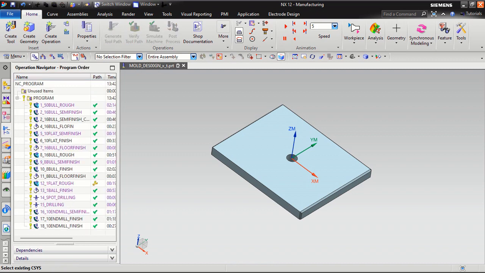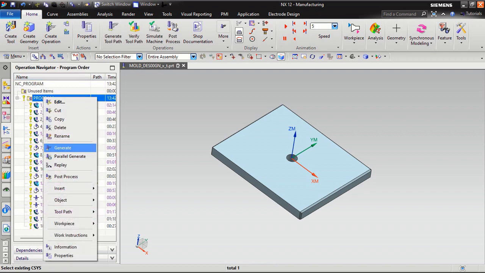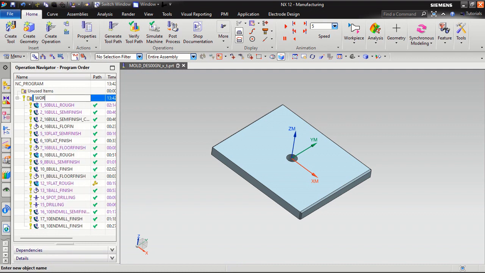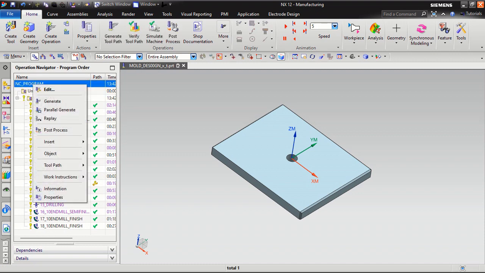Now I want to create program 2. This is our workpiece 1 program. So I will generate program 1. Okay, you can see. And in the NC group, create